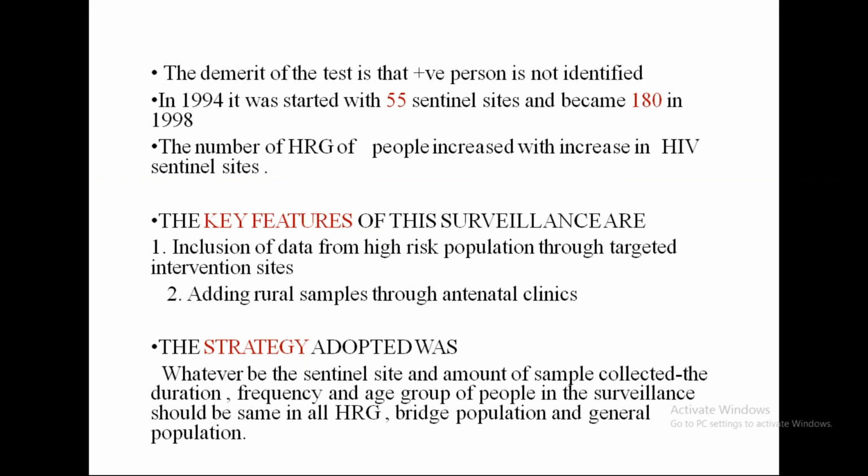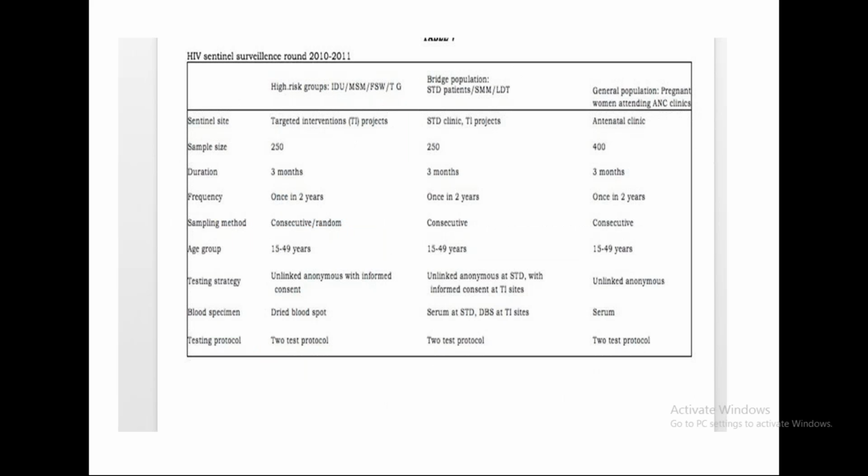The strategy adopted was, whatever be the sentinel site and the amount of sample collected, the duration, frequency and age group of the people in the surveillance should be the same in all the high risk groups, bridge population and general population. So these are the different sites. You can see high risk groups, that is the IDU, MSM, FSW, transgenders. So bridge population means STD patients, long truck drivers,